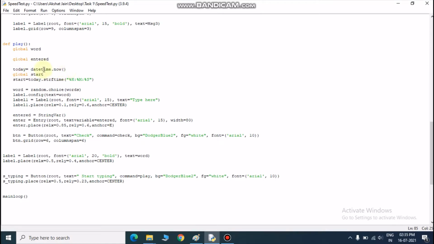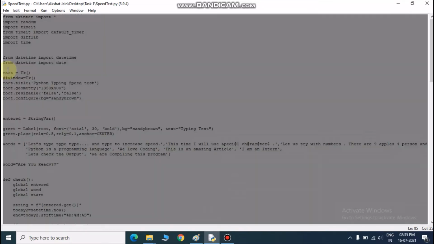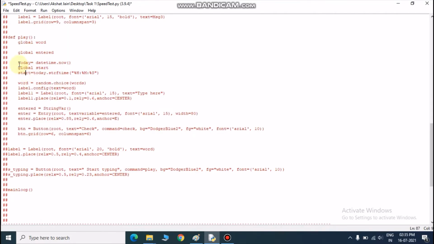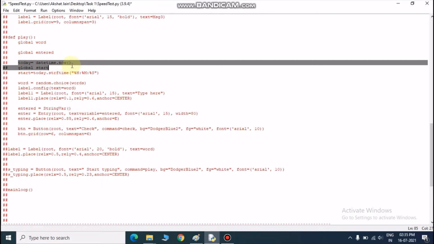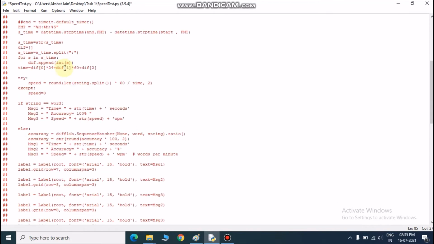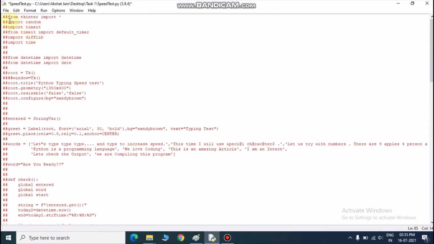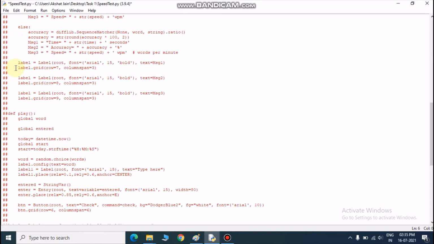Today's time, suppose I click this function or I want to print this function. Let's comment all, and let me just copy this. This function will work from this. We are getting this from datetime, and I will just uncomment time also because I want to show you something with this also.